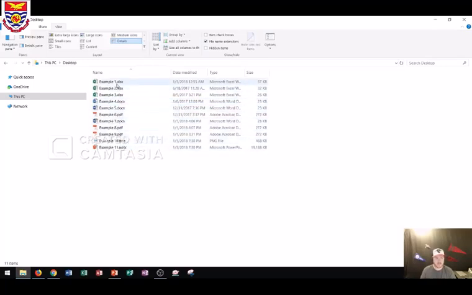Now most of the time I leave this off because I know what types of files are on my computer, but when I do need to find the file extensions, I click that checkbox right there. By default this is off, and again you can find this in the View tab, the Show Hide group, and the file name extensions. The only downside of showing the extensions is it adds extra letters to